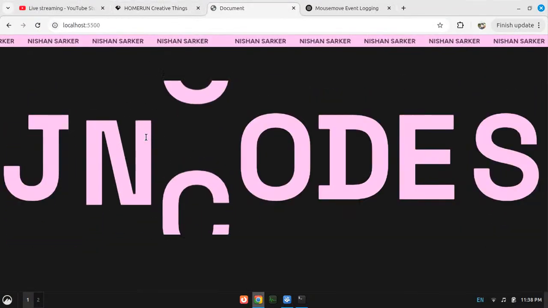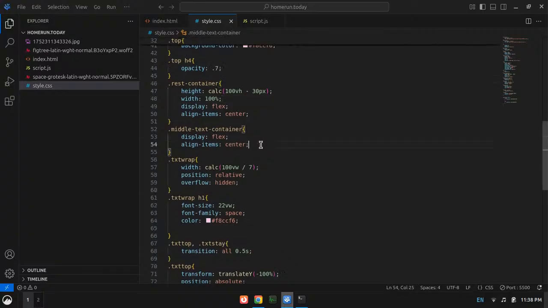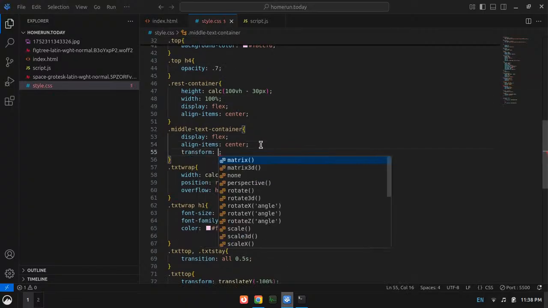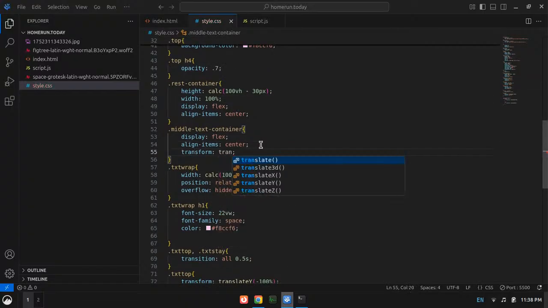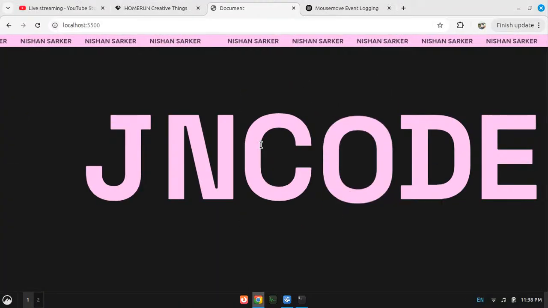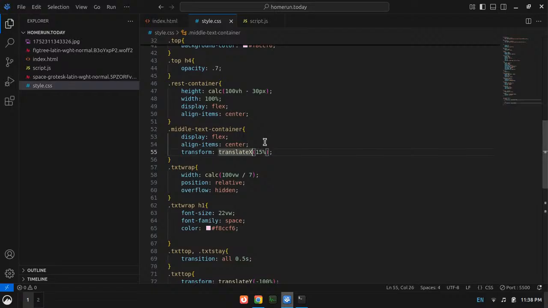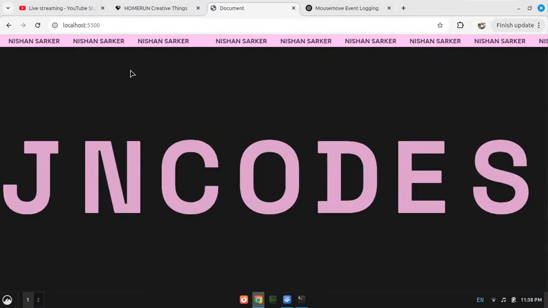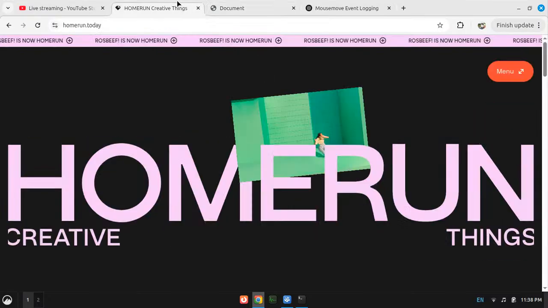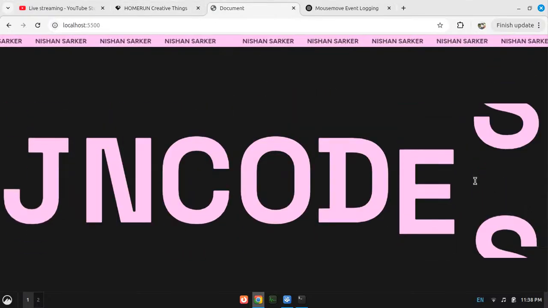And I need this whole thing, like the middle text container, to transform, translate y 15%, translate y 15%, and yeah, now it is almost there, but I just need to randomize the values.